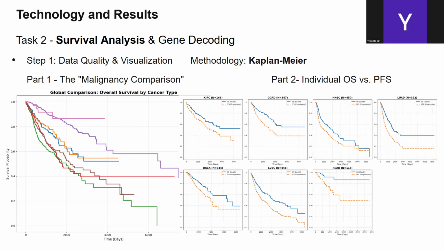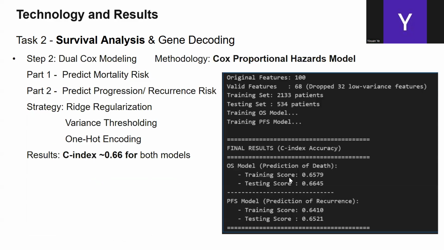On the right, the gap between the blue OS line and orange PFS line represents survival post-progression. For breast cancer again, you can see here this wide gap confirms that even after relapse, patients can survive for a long time with effective treatment. Next, for modeling, we trained 2 Cox proportional hazards models, achieving a stable C-index of both roughly 0.66, indicating robust